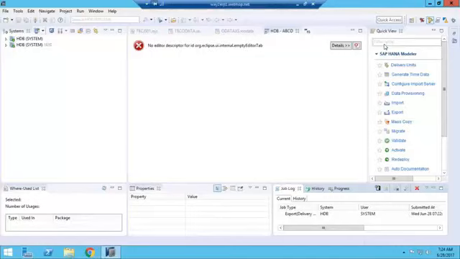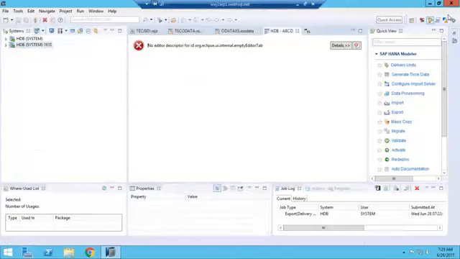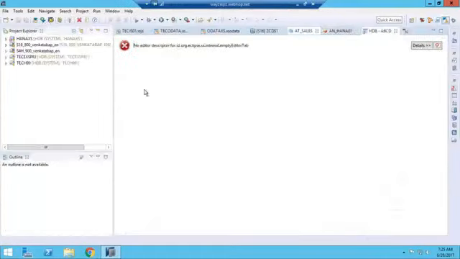Okay, and one more option is there, transport HTC. HTC means you just right click and come to ABAP development.